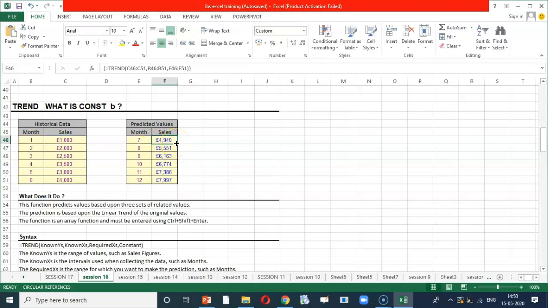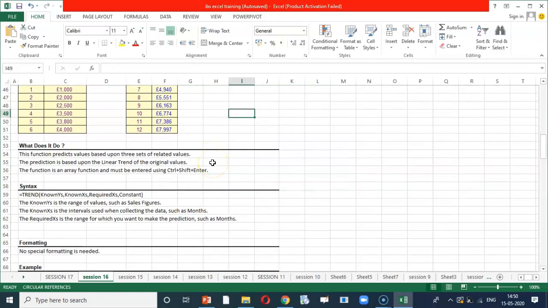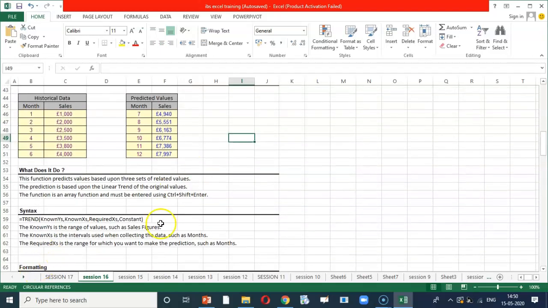And just double click on the formula and you'll get the answer for the rest of the cell.